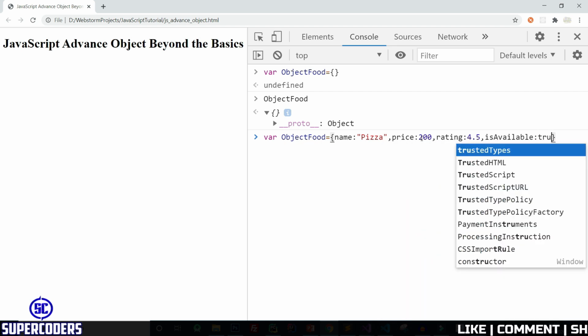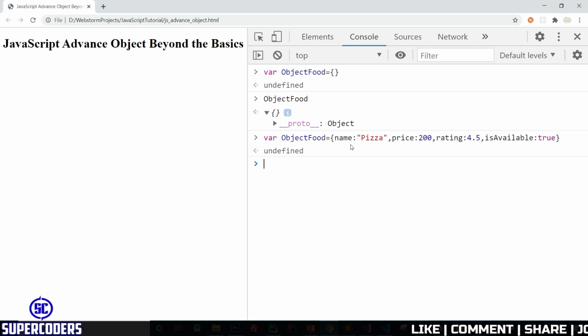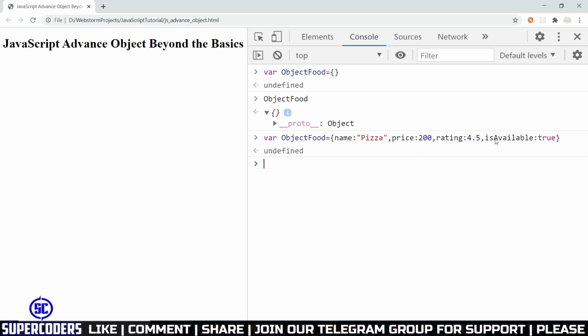So let's add true. You can see I created a simple object with key name and value pizza, a new key price which is 200, then rating 4.5 which is a floating number, and isAvailable which is true. So in this way you can create an object with data types like string, integer, floating and boolean.